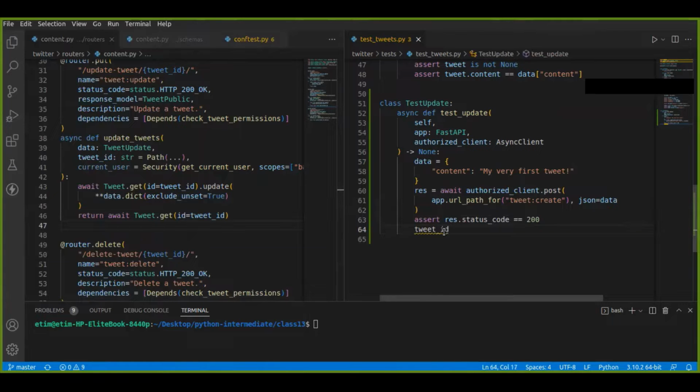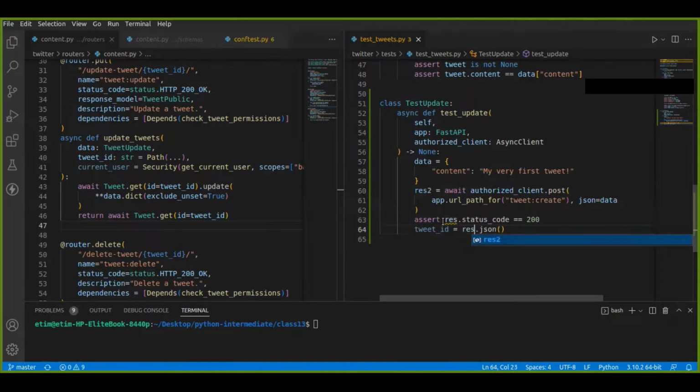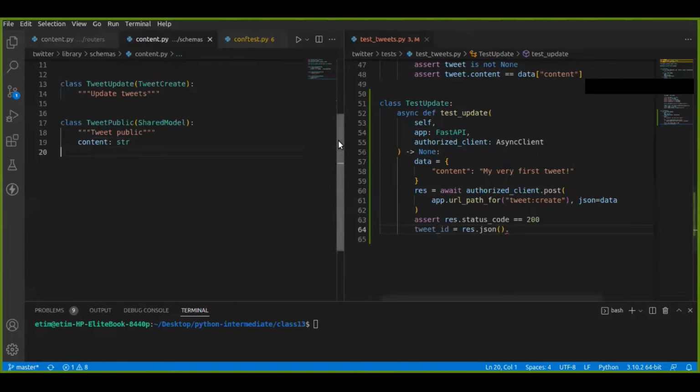So I will say tweet ID is equal to the response. You simply call res.json, the return value of the request you sent. If you called this res2, this would have been res2. So that's just it. We use this to get the response object. Now to get the ID of that response object,